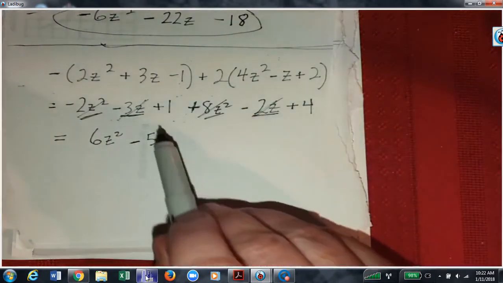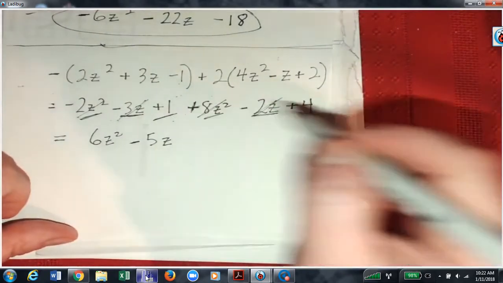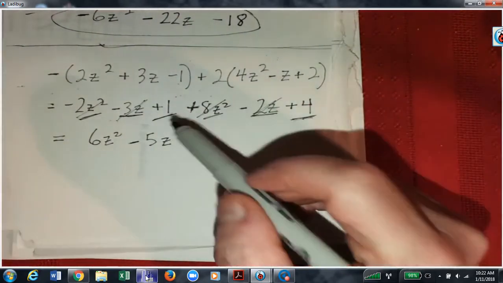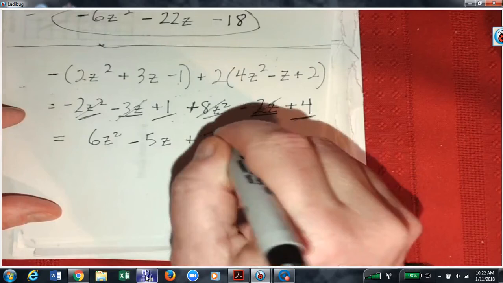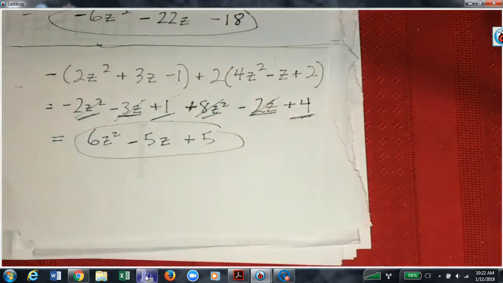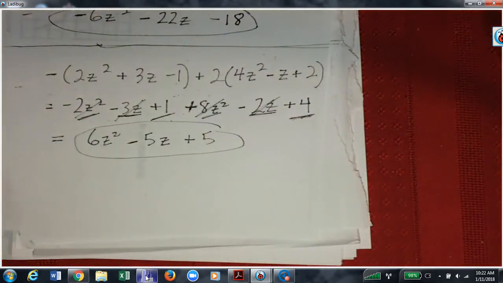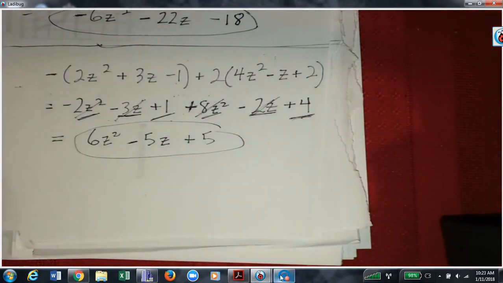And then the last thing to do is combine those. So 1 plus 4 is 5. And that's my answer for that one. Okay, so that concludes this video on adding and